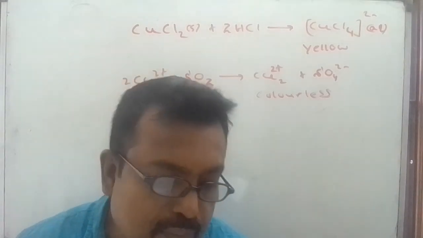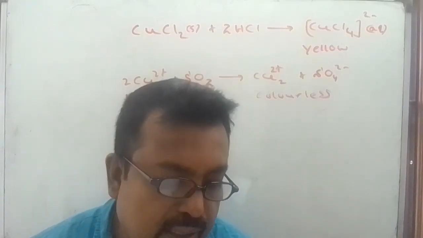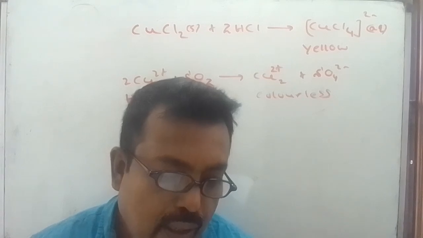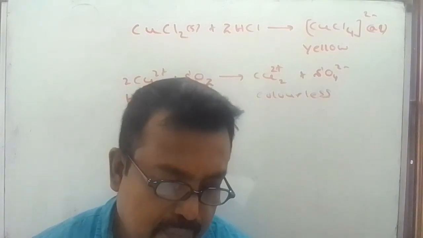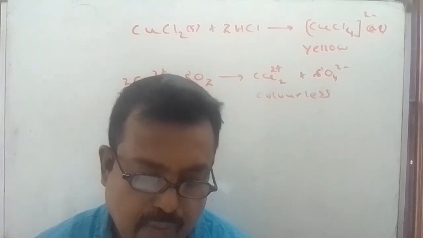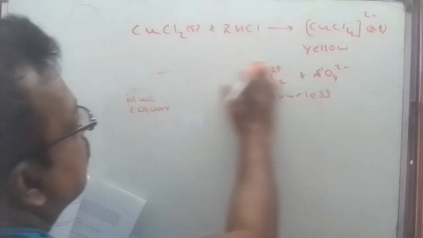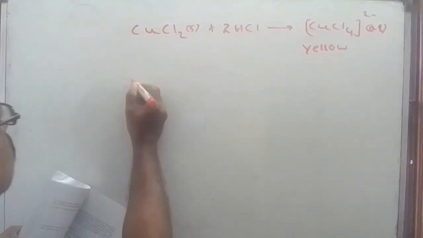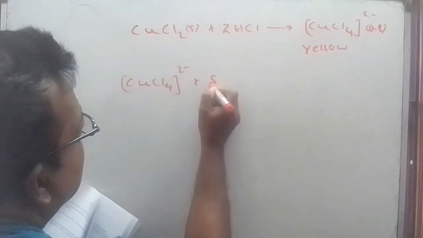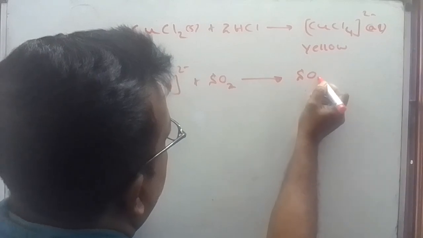It says the color of CuCl2 turns into yellow when treated with concentrated HCl. The resultant solution turns colorless, forming CuCl2 minus, when sulfur dioxide is passed through the solution. So these are the reactions. Now let's see. You have CuCl4 2 minus plus sulfur dioxide. Sulfur dioxide goes to sulfate